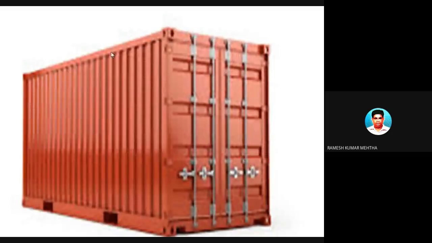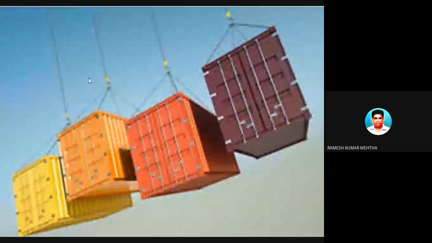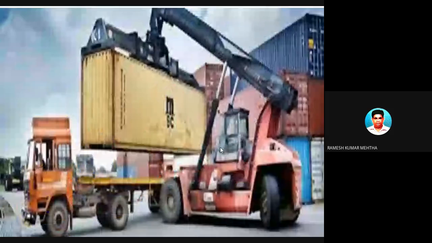This is the way the container is manufactured, and this is the way they fasten it or lock it. These are all the containers placed one among them. These are the containers which are moving in the air and going to be placed at the appropriate place. So this is a big container. Look at the length of this container. Slowly, it has been placed by the material handling equipment.